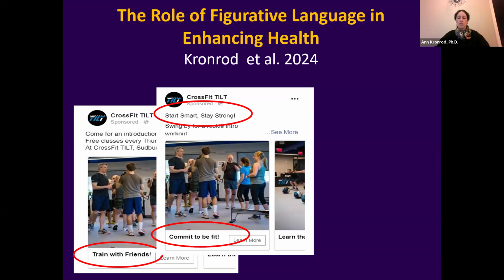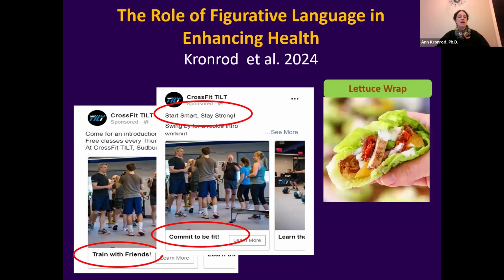And we found that figurative language is more useful because it is perceived as fun. So people feel that these health goals, that often are perceived as "oh, I have to do that again," are perceived as more fun. We did another experiment in a university cafeteria in the student hall. We found that if, instead of calling it a lettuce wrap, we called it "green submarine," they were more likely to take something that is made of vegetables.